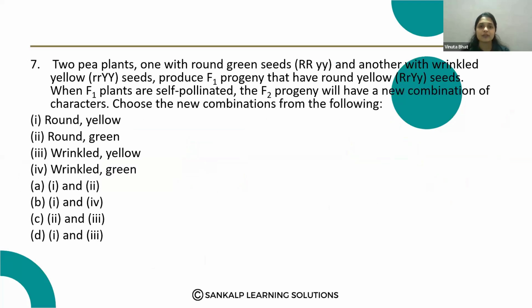Two pea plants, one with round green seeds and another with wrinkled yellow seeds, produce F1 progeny that have round yellow seeds. When F1 plants are self-pollinated, the F2 progeny will have new combinations of characters. Choose the new combinations from the following. Here,